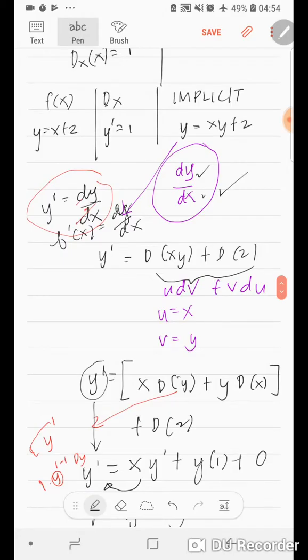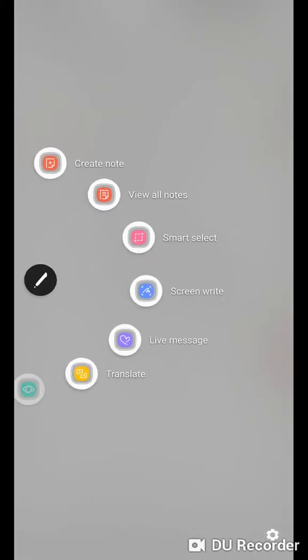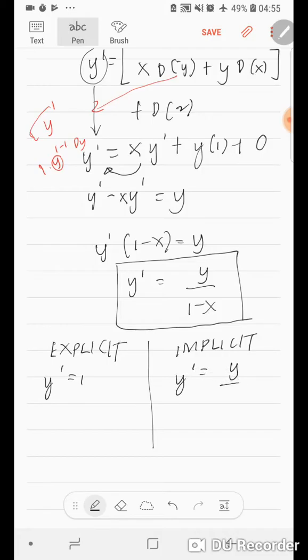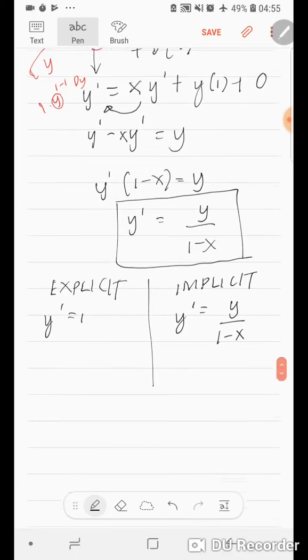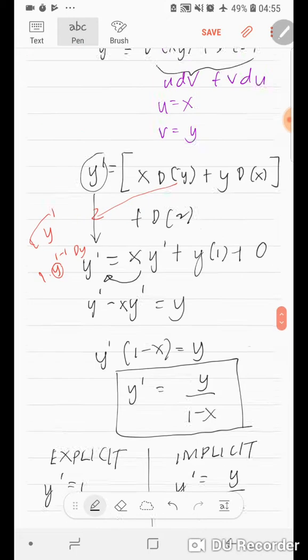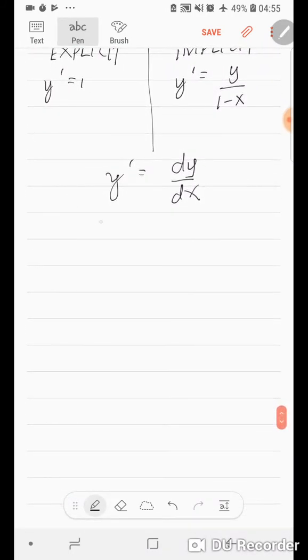So that is entirely different compared to the implicit, I mean to the explicit. So the explicit, we had y prime equal to 1. So that was pretty easy. But for the implicit, we had y prime equivalent to y over 1 minus x. So our basic premise will always hold true, that dy over dx changes. So going to the next problem, so the function